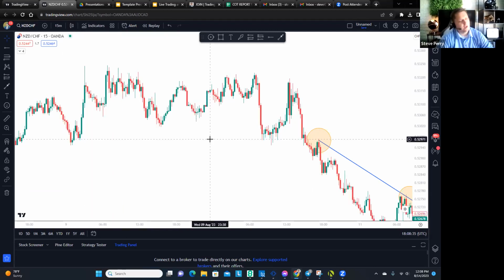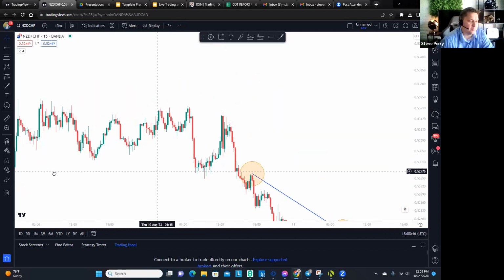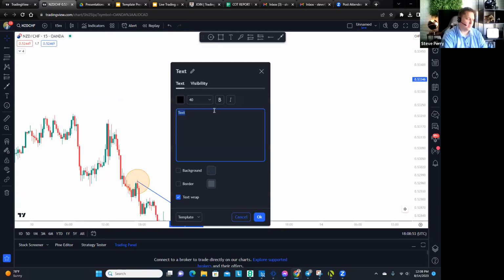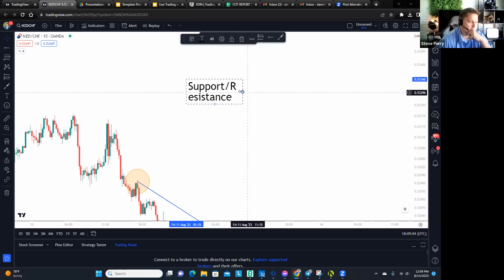Okay, so now let's talk about other price action concepts, and we'll move on and develop our discussion. When we're discussing price action, there are a lot of different things people look at. So let's actually label some of these things. People look at support and resistance, right? Does everybody know what that is? Support/resistance.